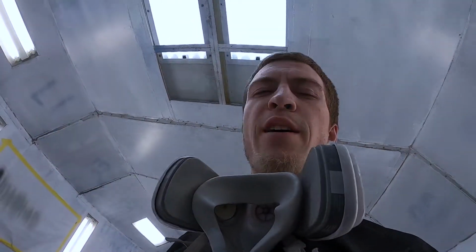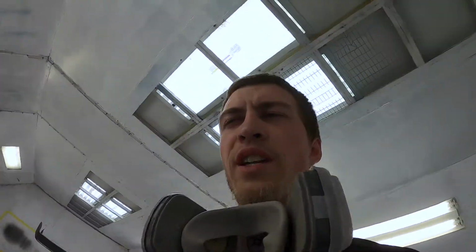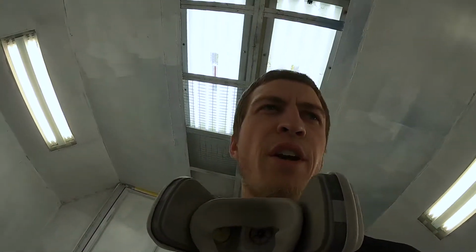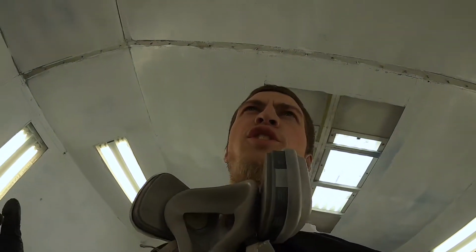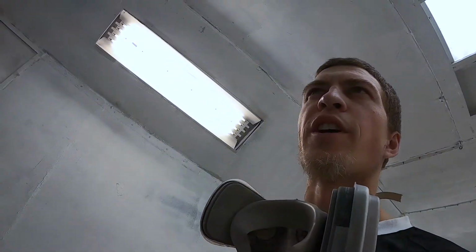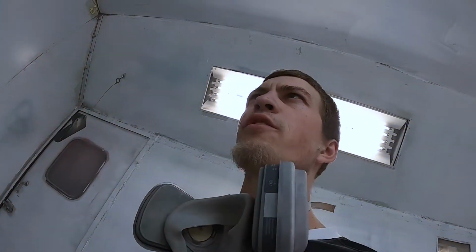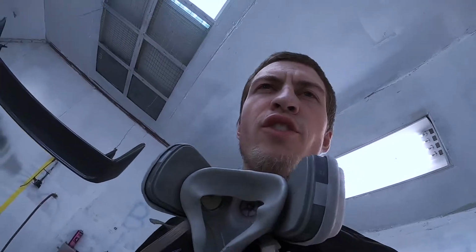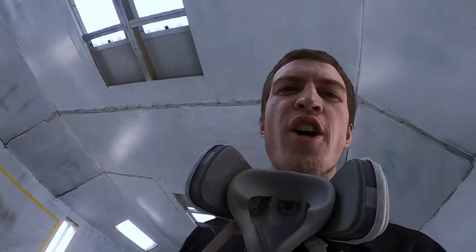It was in really, really rough shape. The fiberglass was all broken, so I had to do some repairs on it. There's big chips missing, so I had to repair those. I mean, overall, it was just in real bad shape. So we brought it back to life, and it's looking pretty dang good. Like I said, still some small imperfections on it, but way better than it was. So that's gonna be it for tonight. I'm gonna get ready to get out of here, and I will catch y'all in the...